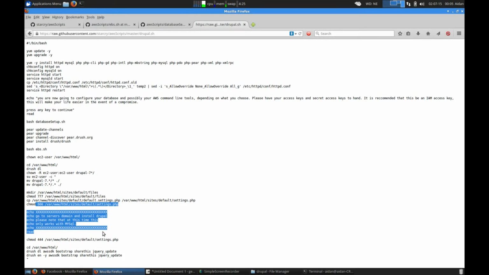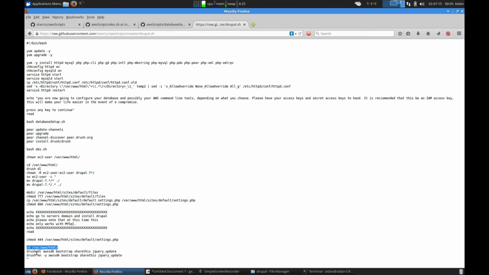The idea here is that you actually navigate in your browser to your website and do the final steps on installing Drupal. And that is simply, you'll see this when I demonstrate it later on, just running through the standard Drupal installation. Finally, it changes the permissions on the settings.php to what it appropriately should be,